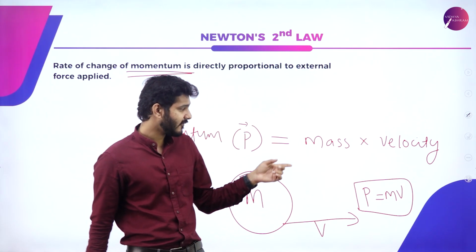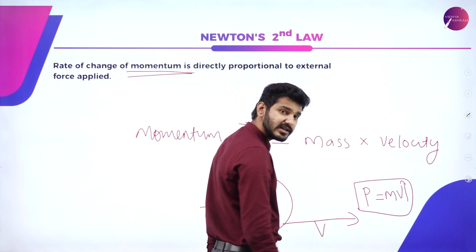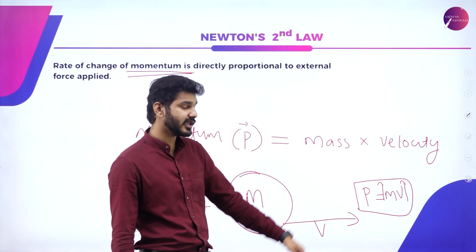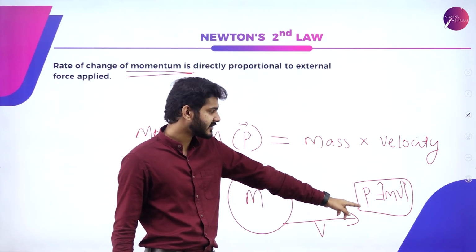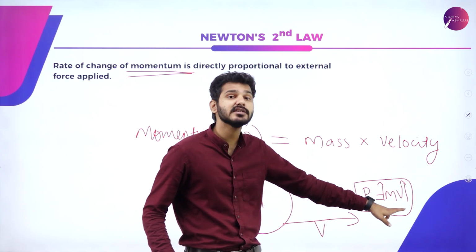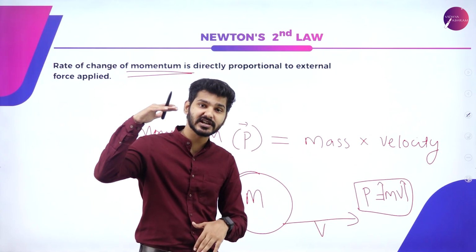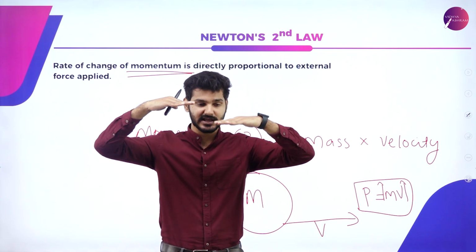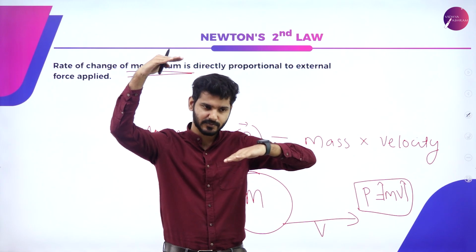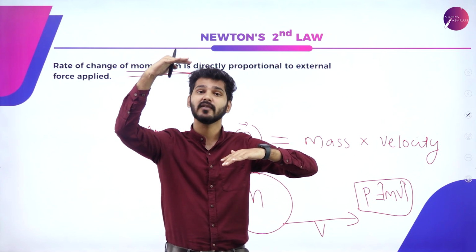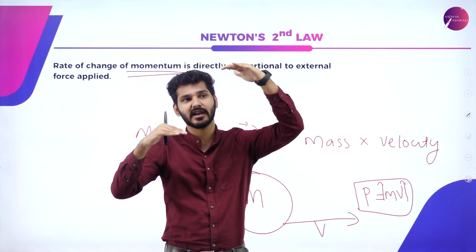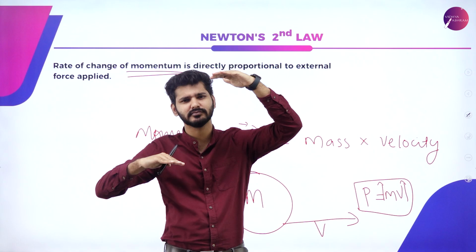Just like that, if velocity increases, momentum can increase. If mass increases also, momentum can increase. If simultaneously they both increase, momentum will be very large. If simultaneously they decrease, momentum will be very small. If mass decreases and velocity increases proportionally, momentum will be the same. That is, a small bullet having high velocity will do the same damage as an elephant having higher mass moving with a slow velocity.